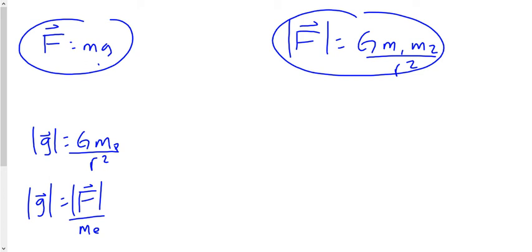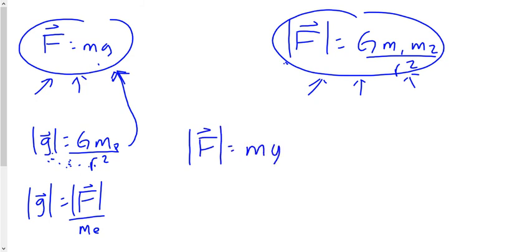I just got finished telling you that this equation for gravitational force, or for weight, is always valid if we know the value of little g. If we don't know the value of little g, then we're probably going to use this one for force or weight, right? If we don't know the value of little g, we can use this one to find the force, or we can find the value of little g using GM over r squared and then sub it into there. Watch what happens when I sub in the value for little g that I get from the producer equation into this one. F is equal to m times g, but g is equal to